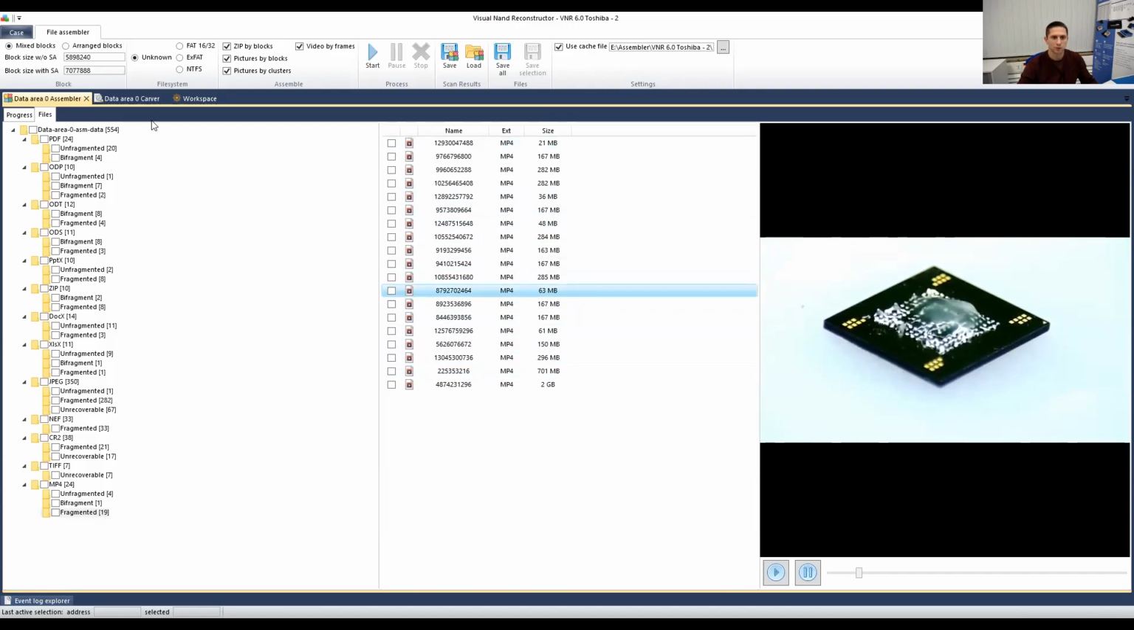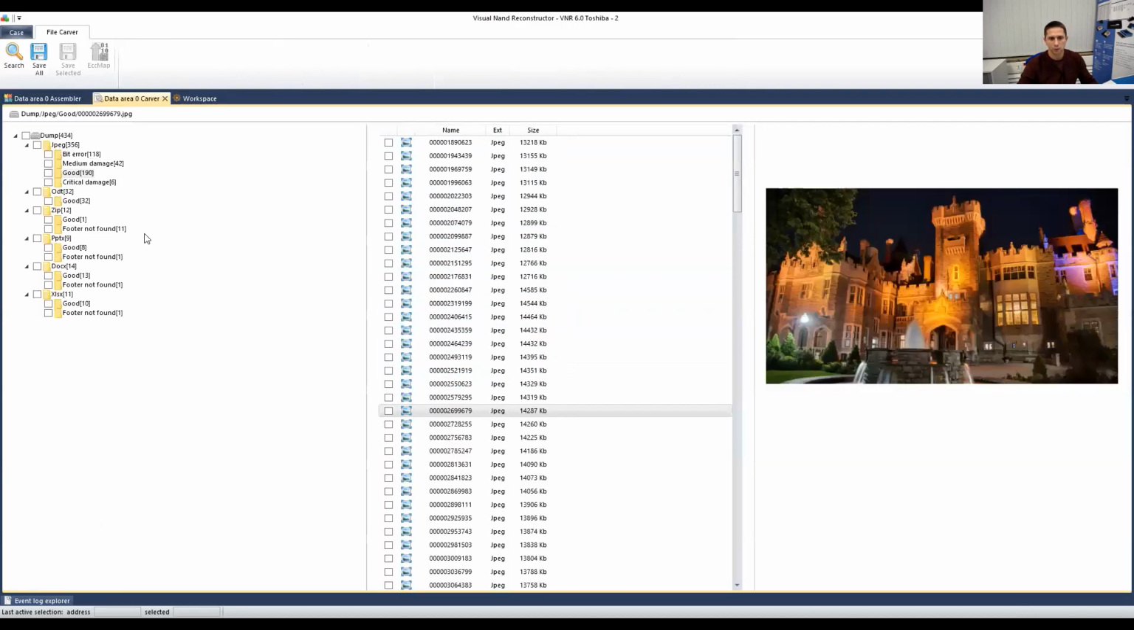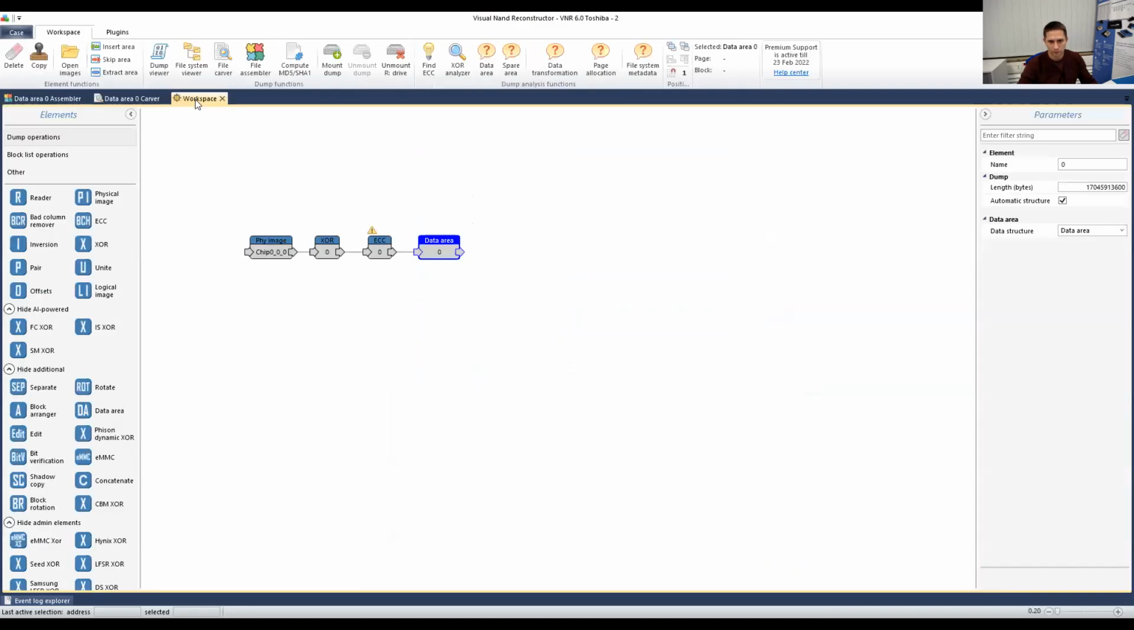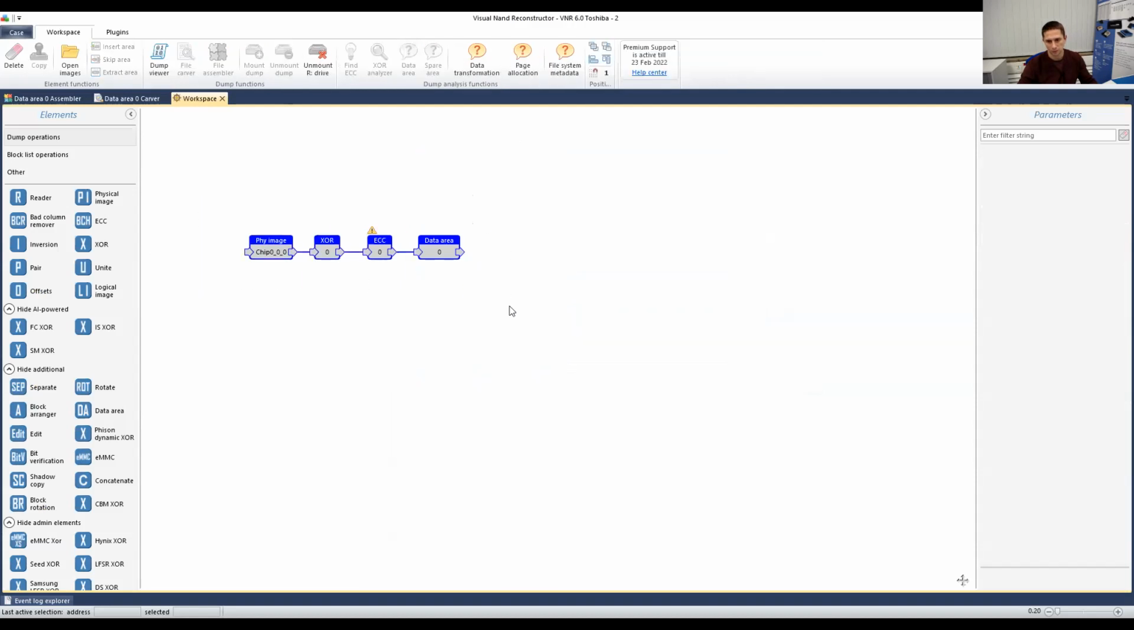So with the assembler on Toshiba cases, we can get much better results than with a classic approach. And this is what we do and how we do it on mixed images. In the next case, I'd like to show you how it can recover